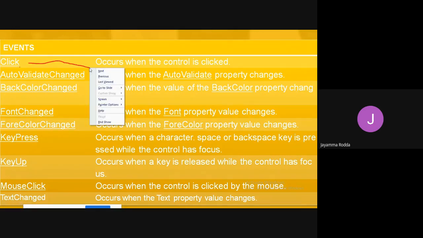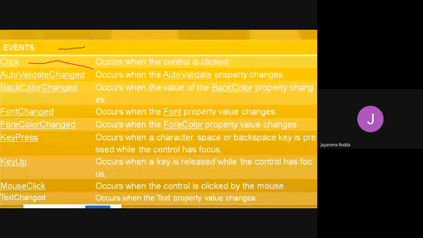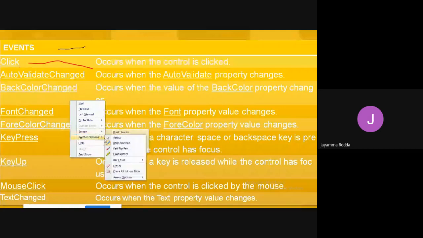Whenever I select the pointer option, the felt tip pen, or the ballpoint pen, a black color line has to be drawn when it is selected and dragged out. Like that, an event is a task that has to take place. So we are going to discuss those events.